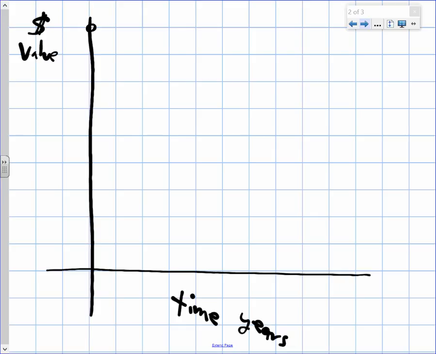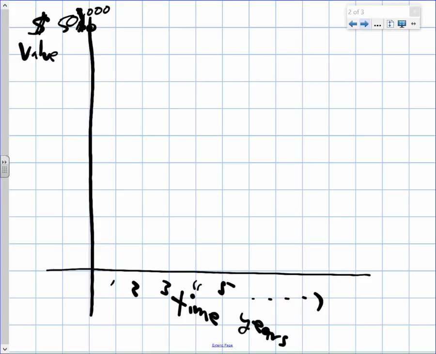So let's say you bought a Corvette. What's a Corvette now? Let's just say, let's go in the middle, 50. Let's go 50 without automatic windows or something. So 50 grand. Let's say a Corvette's 50 grand. The value of the car, as opposed to time, so this is 1 year, 2 year, 3 year, 4 and 5 and so on,